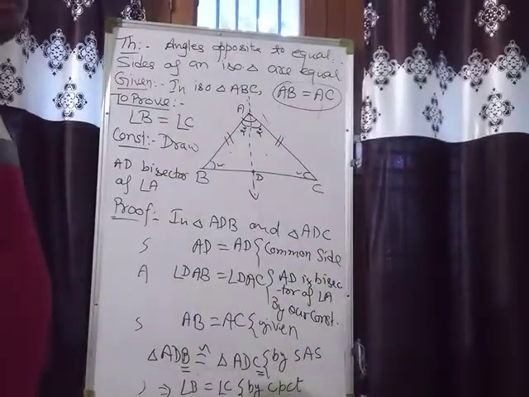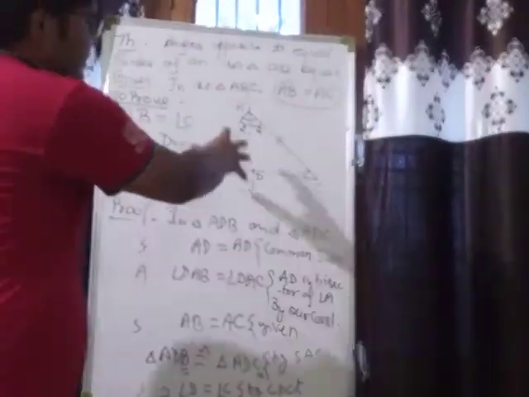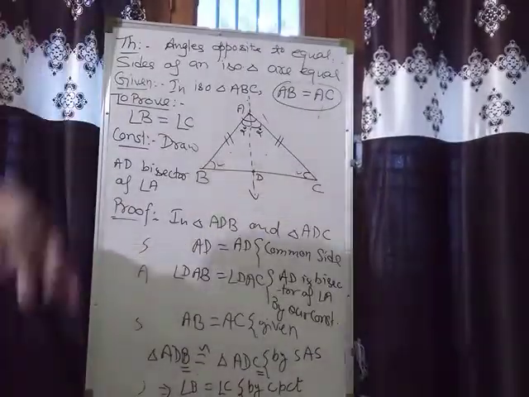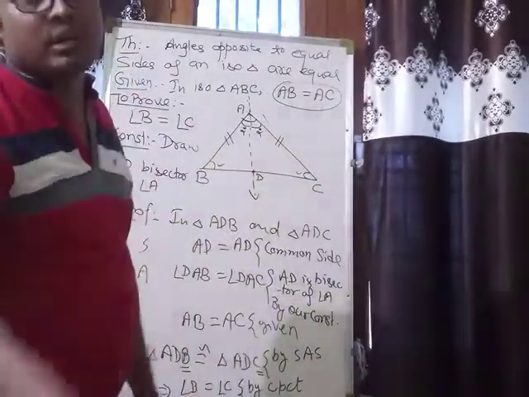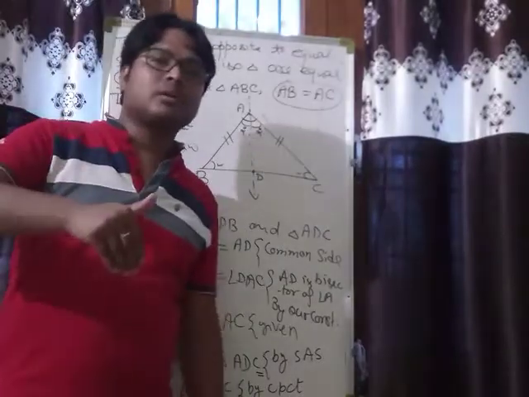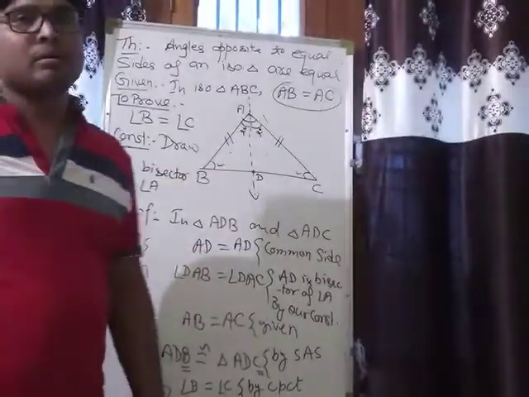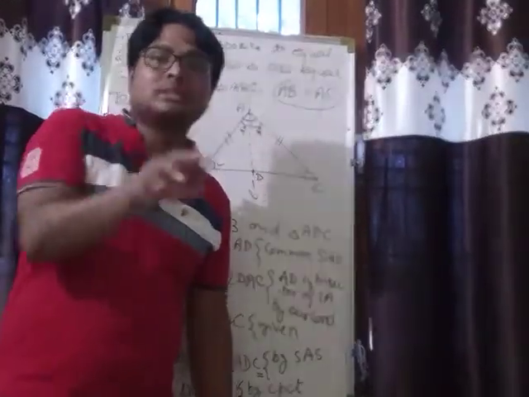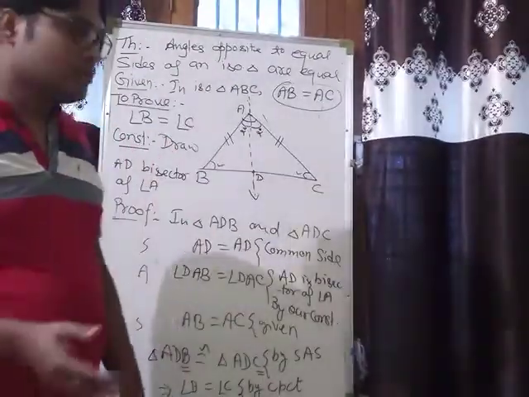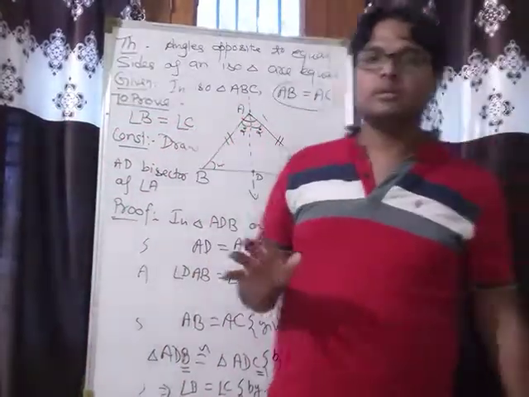Okay? Now the converse of this theorem, that is also taken as a theorem. In this theorem, what is given? The triangle is isosceles. Two sides are equal. And what we have proved here? Opposite angles of equal sides are equal. So in the converse theorem, converse statement,